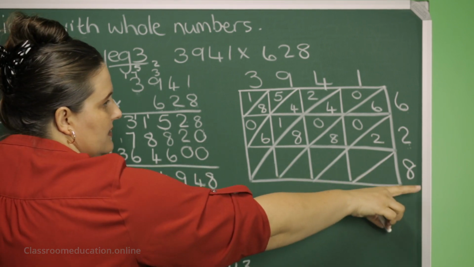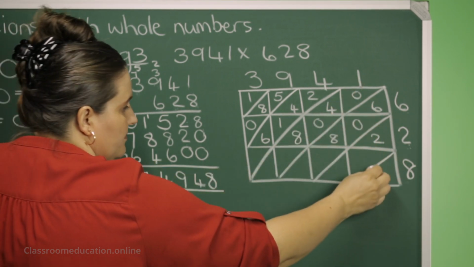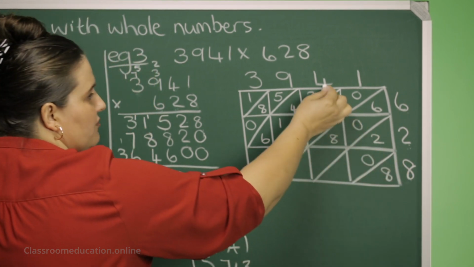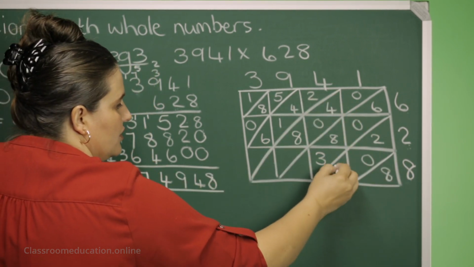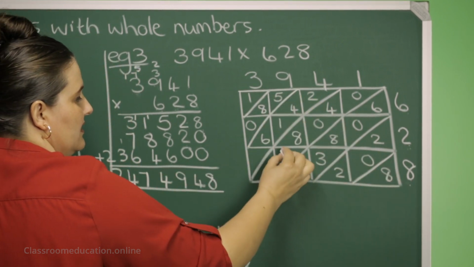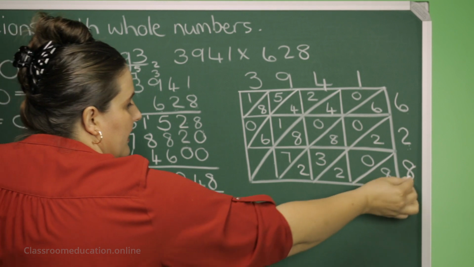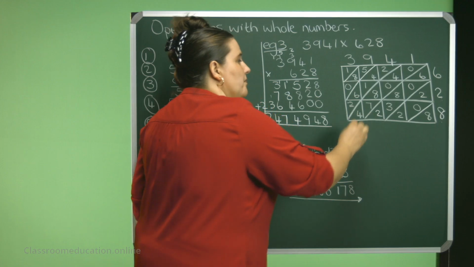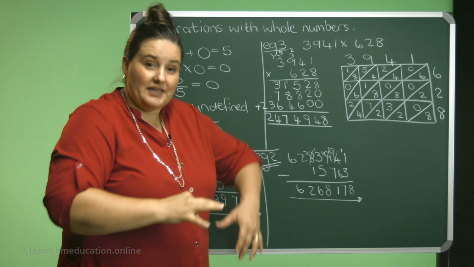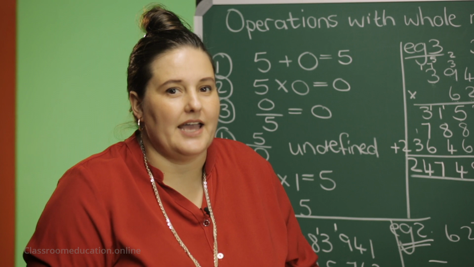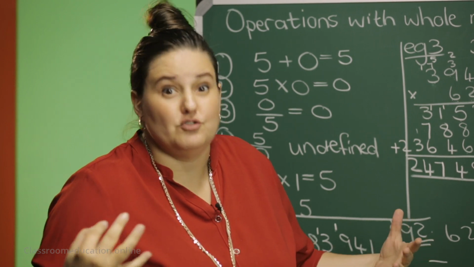The last one, 8. 8 times 1 is 8. 8 times 4 is 32. 8 times 9, 72. And 8 times 3, 24. Now, once you have the completed squares, it's important that you add the diagonals to build your number